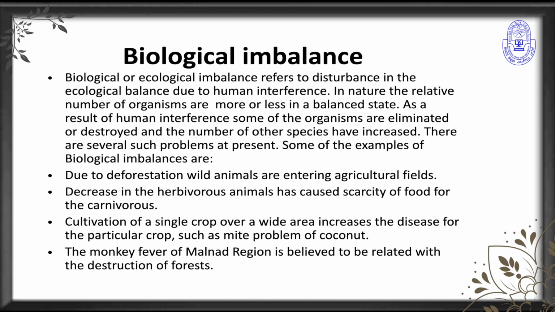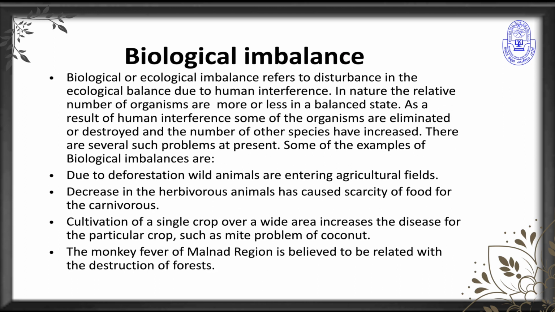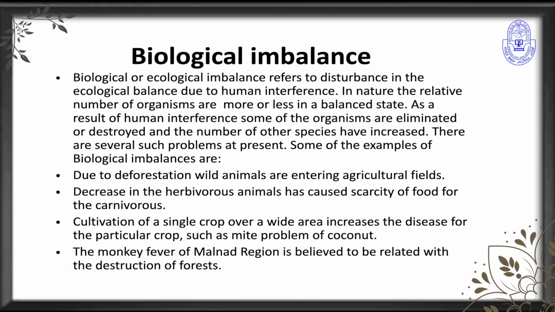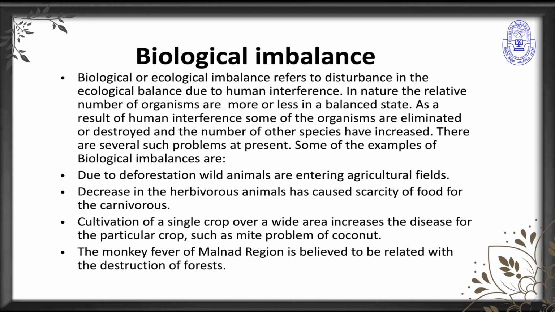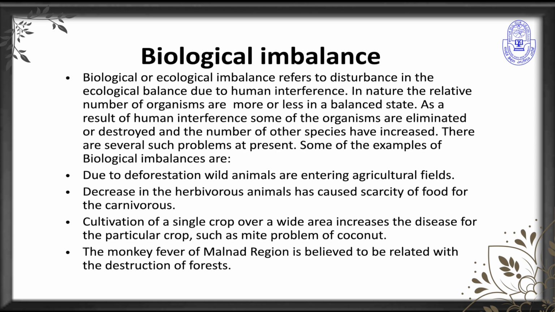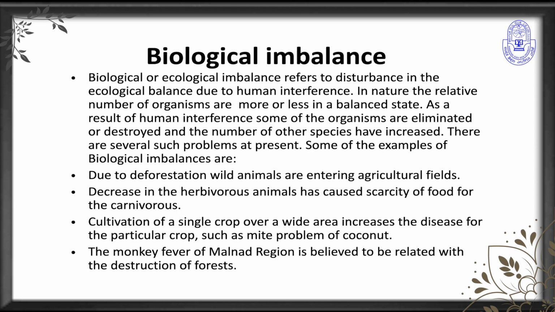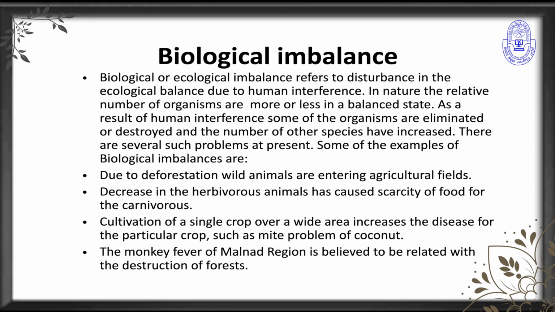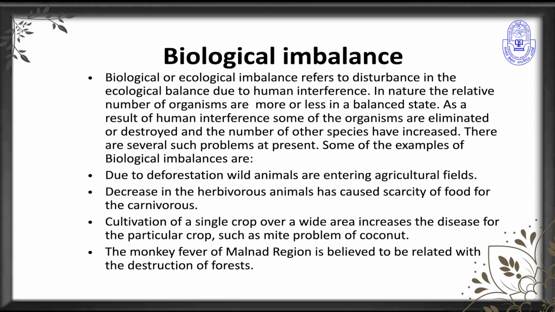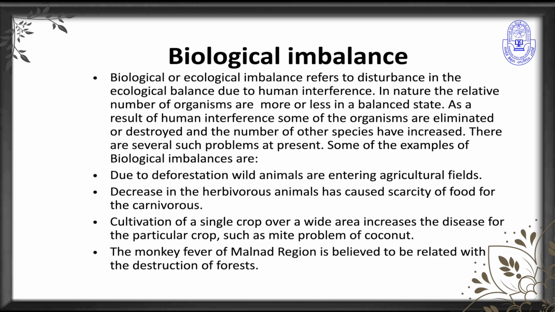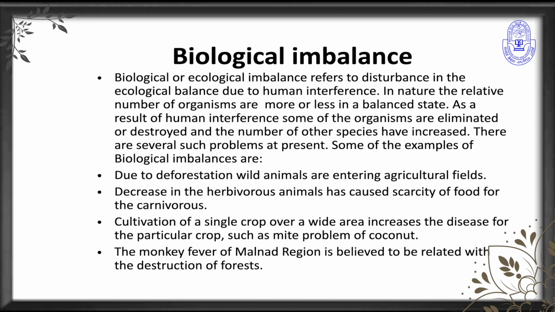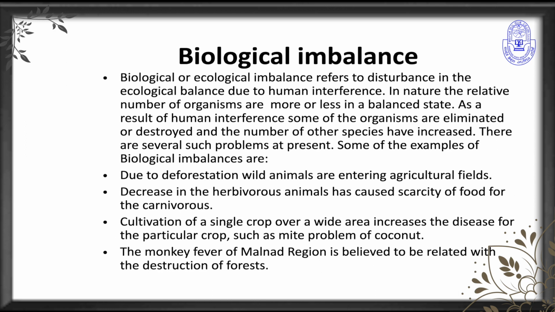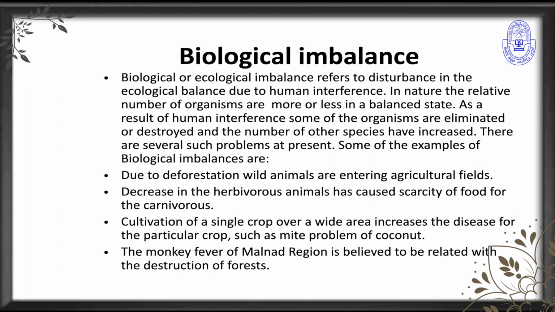Let's see what are the biological imbalances. Biological or ecological imbalance refers to disturbance in the ecological balance due to some interference. In nature, the relative number of organisms are more or less in a balanced state. As a result of human interference, some of the organisms are eliminated or destroyed and number of other species have increased. There are several such problems at present. Some of the examples of biological imbalances are: